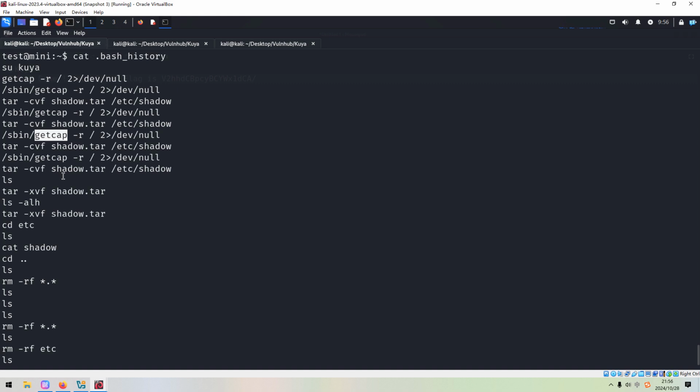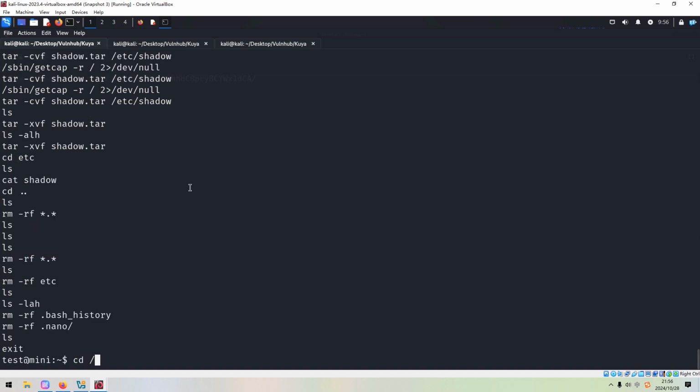I think next our work would be centering around the tar command, and maybe this command has some sort of capability. Some capability can allow us to read privileged files. Okay, maybe the file name itself can tell us. We can use the tar command to retrieve it. But before that, I'd like to do more local enumeration.